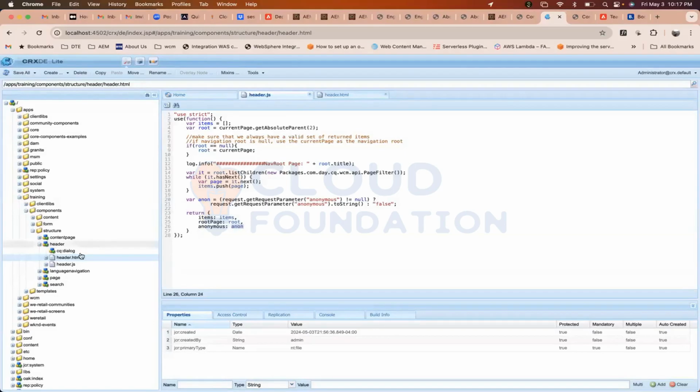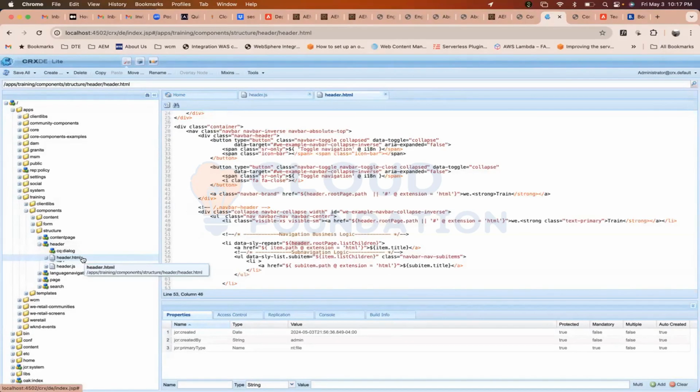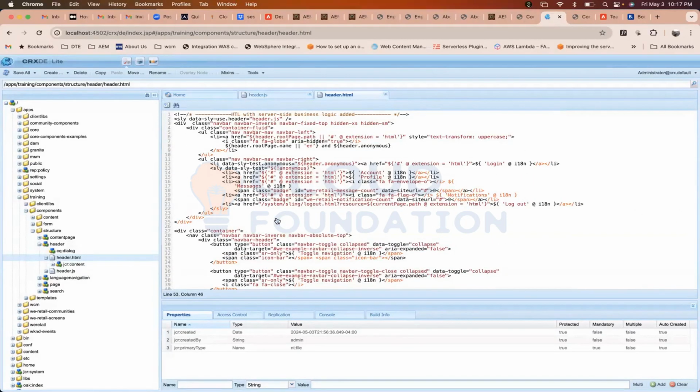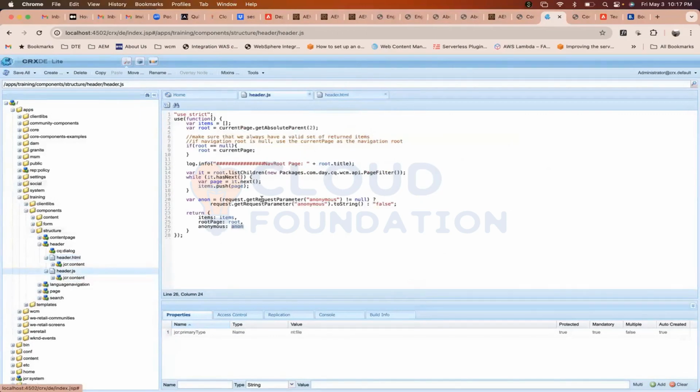Go to the header.html file. At the top, if you see, you see your header object in line number 2 is getting initialized with these three items from header.js. What are the three items you have in header.js? Go to header.js and quickly open that. What all the three? You have items, root page and anonymous at the bottom. These three things are getting initialized into the header object, and then you are utilizing these values inside your